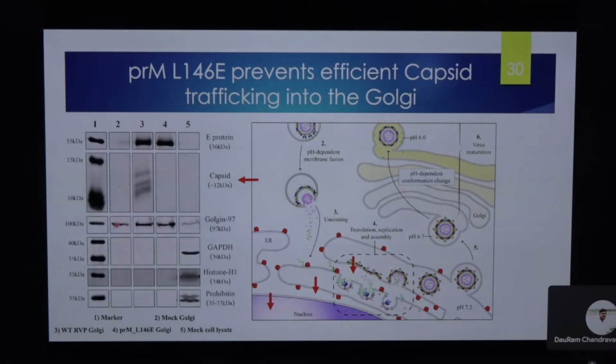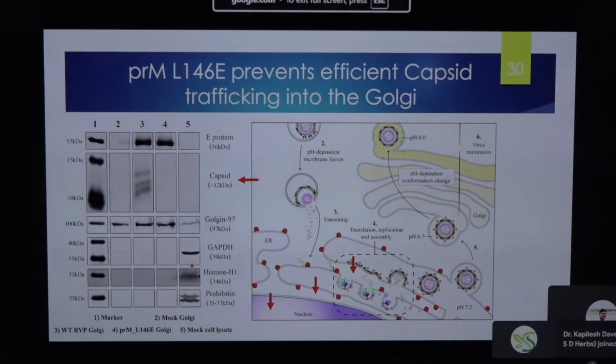And here are a bunch of standards, a bunch of positive controls showing that the region that we are looking at,